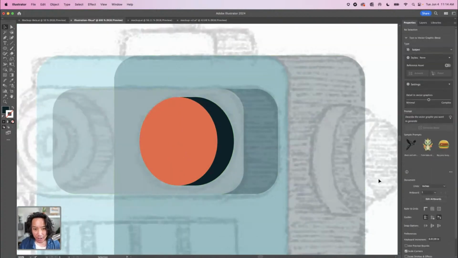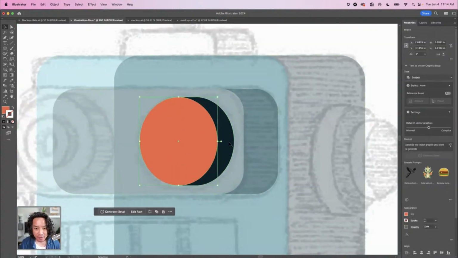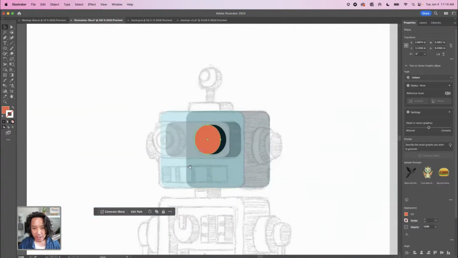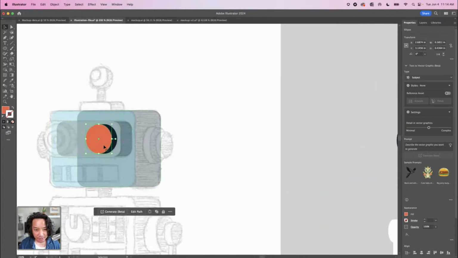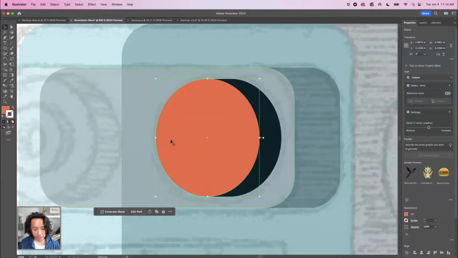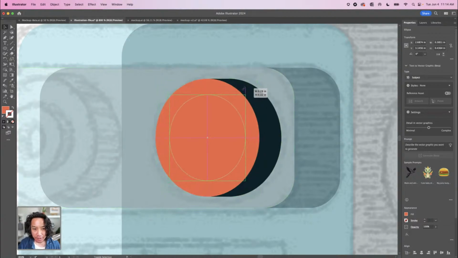All right, so I made the eye and we have that perfect cylindrical shape here. What's next is, if you see there's kind of like a donut shape inside of there, really easy to do. Check this out. Zoom up there. Command C, Command Shift V. Looks like I did nothing. But I pretty much copied and pasted the shape on top of that shape. And if I shrink that down a little bit right there,